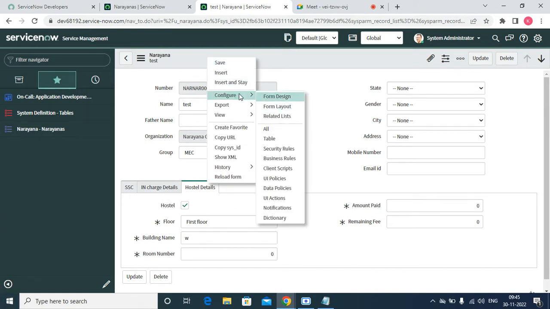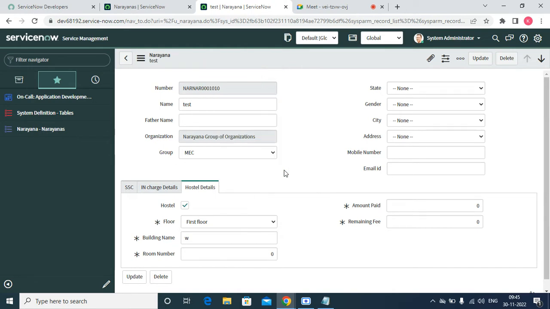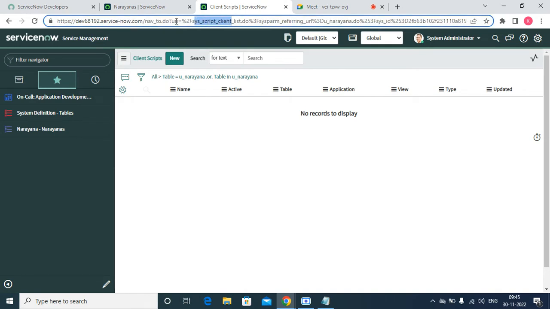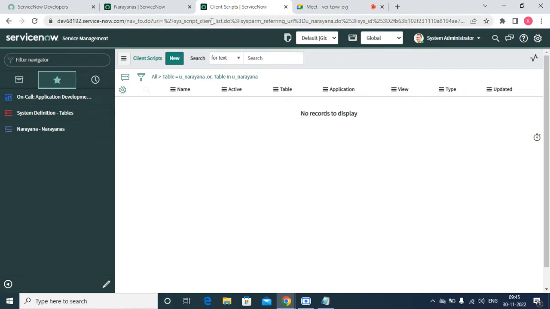Right click, configure, and go to the client script. This client script will be stored in the table called sys_script_client. This is the basic thing: sys_script_client is the table where all the client scripts will be stored. The next step, when I click on new,